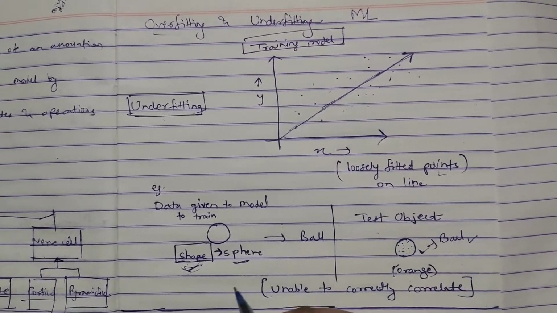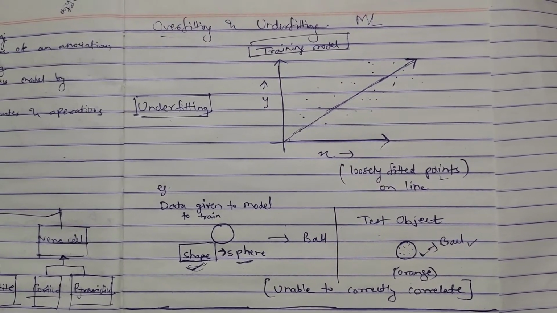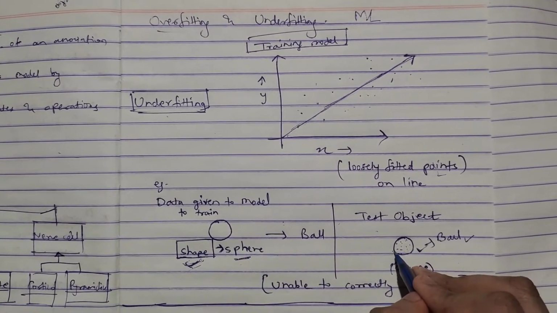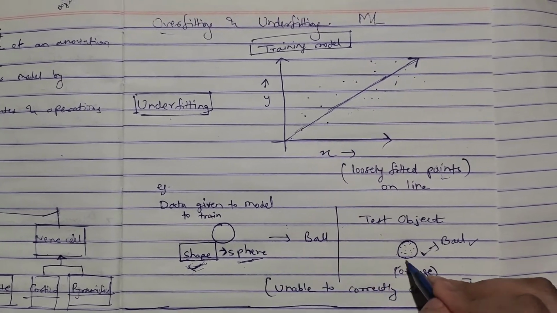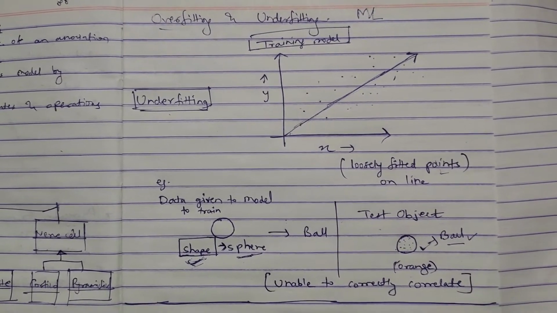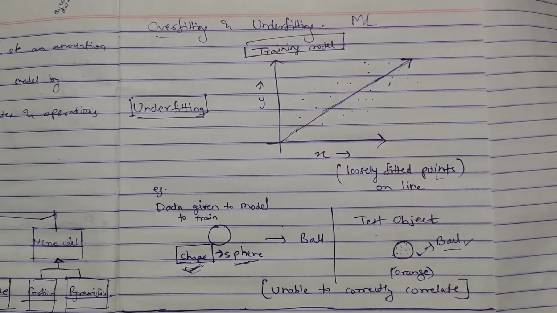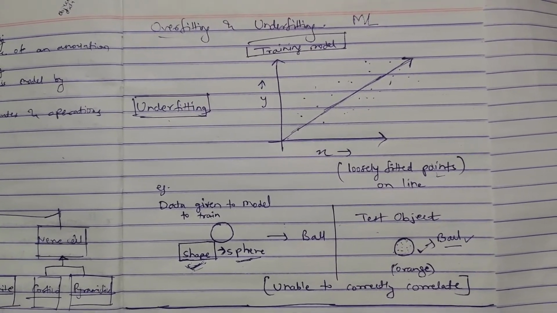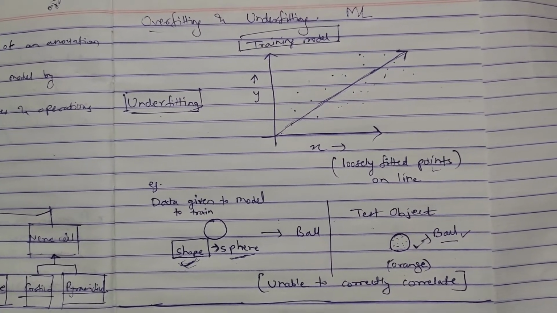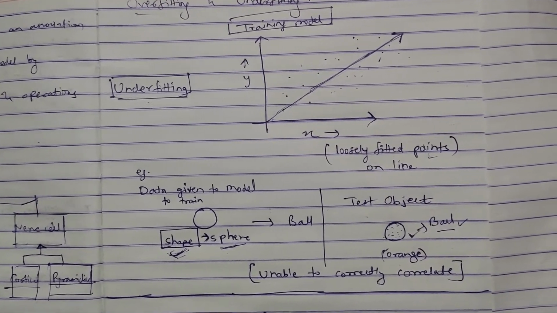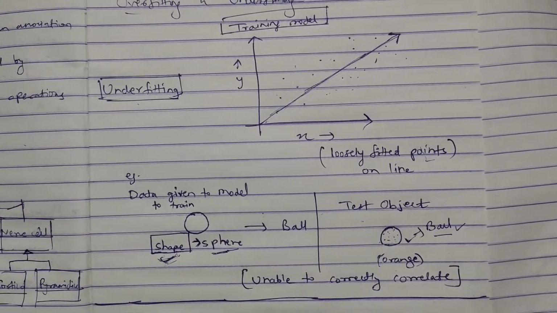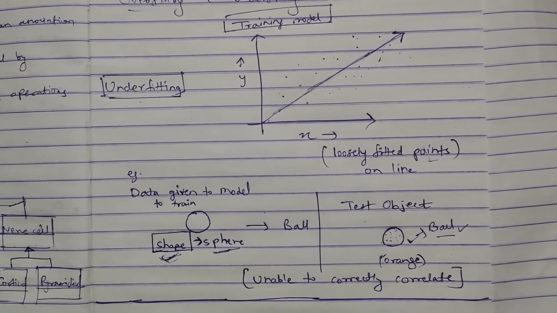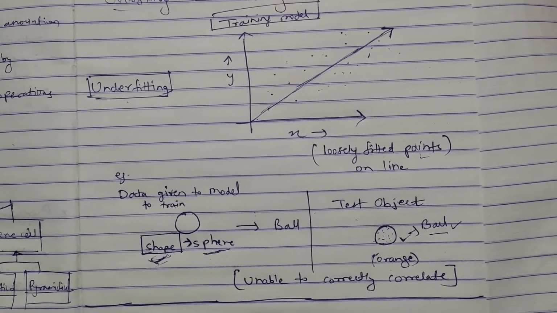Now, after the training and after identifying this data, it will deduce that this is a ball. Why is it so? Because it will only check one attribute that is given, that is shape. It will deduce that this object has shape sphere, so this will be a ball. But this is wrong. Why does this happen? Because only one attribute is given to train the dataset. The model identifies this wrongly because it has no proper knowledge to identify that object. Hence, very less accuracy is there in the model. This is called underfitting.